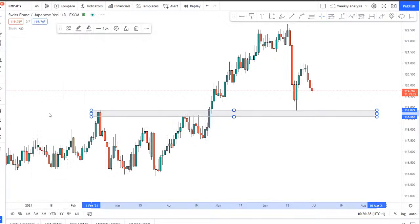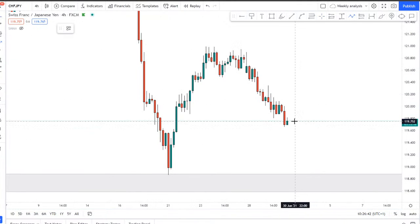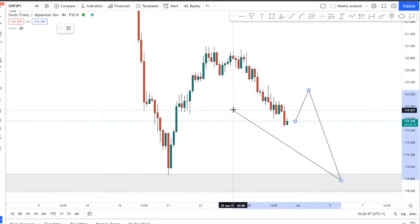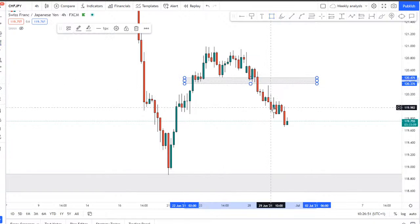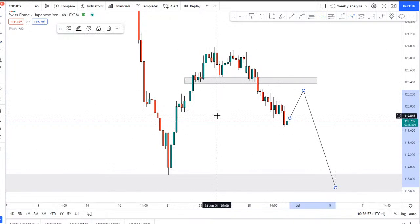And yeah, more downside. Again, for entries, you probably want to be looking for a bit of retracement and then the continuation if you trade the low time frames. Of course, we do have some nice area of support here. We are losing a little bit of momentum. Overall, still bearish though. So if you do pull back, maybe form another lower high, and then you can look to ride it down. But personally I'm only looking for shorts for CHF JPY, not really any long opportunities, because